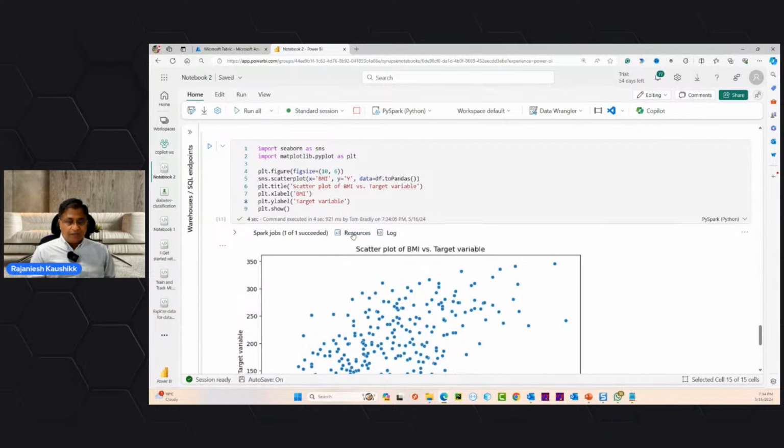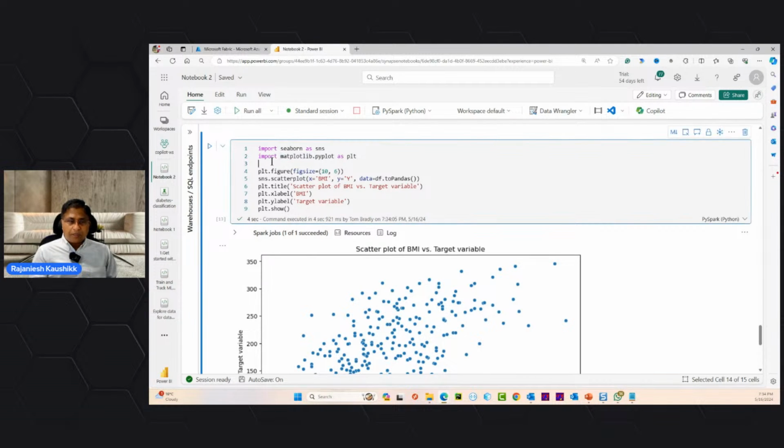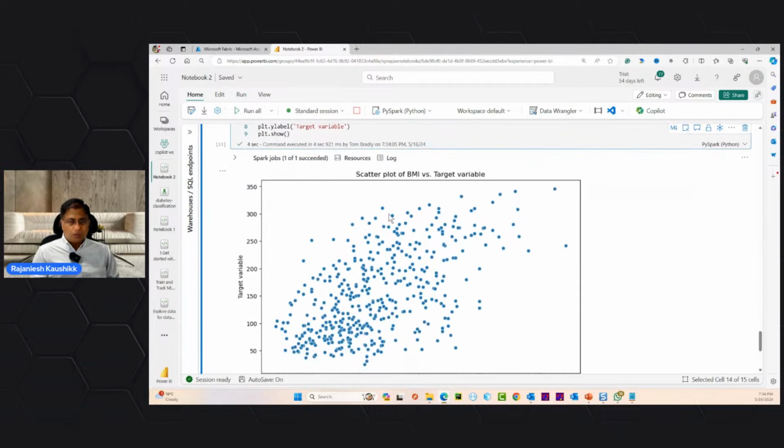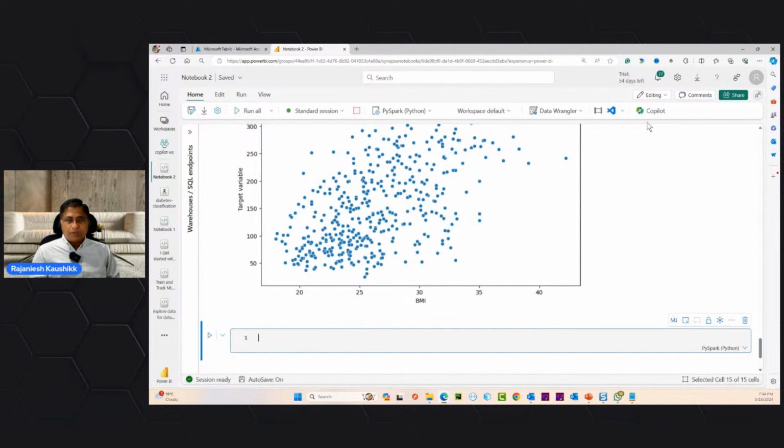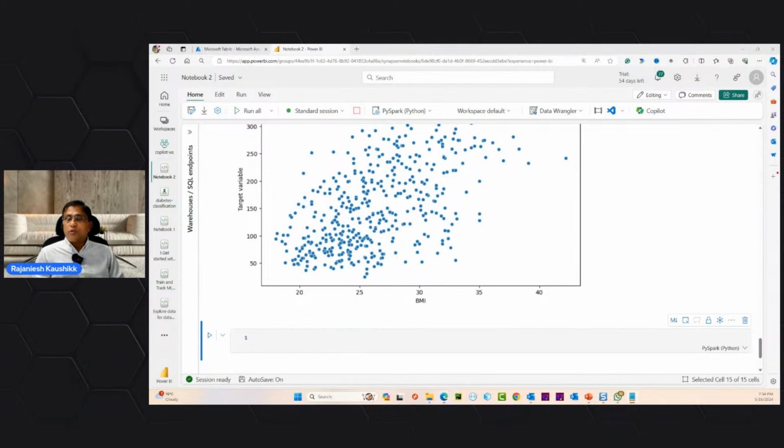So even if it does not work fine, don't have to worry, fix it. And most of the time it fixes errors, really fixes the error. Sometimes it never does, but then again, you need to do some basic logic, the way we did for the pandas data frame, right? And that is good enough to run this kind of code, right? And Microsoft is working very hard to release this tool in GA. And once that tool is coming in GA, then I think all small issues will be gone, right? So now let's see if we can run another set of